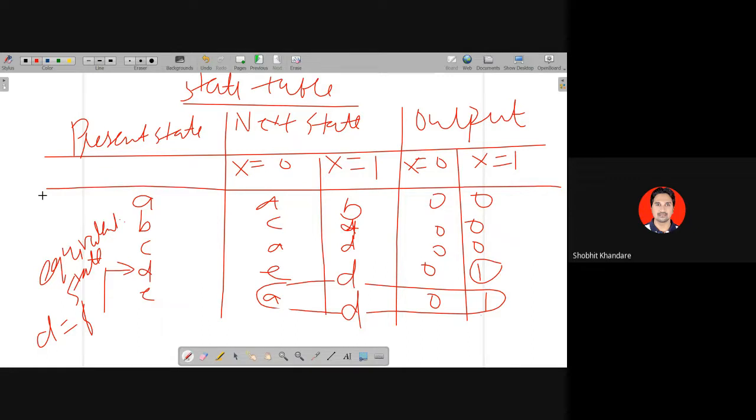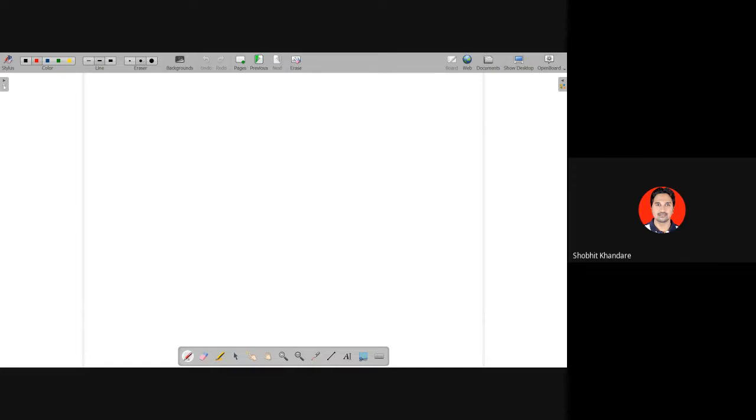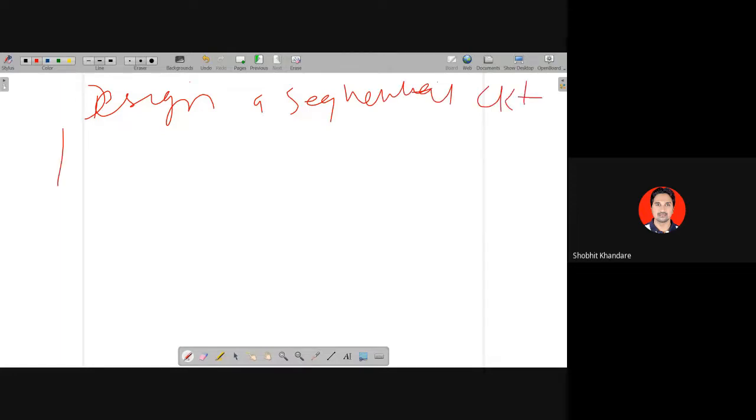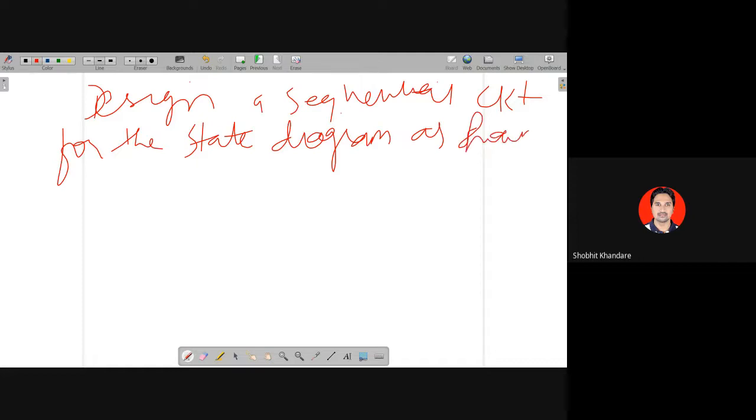Okay. See the next problem now. Everyone, please write down. Design a sequential circuit for the state diagram. Write down the problem. Design the sequential circuit for the state diagram as shown in figure, using